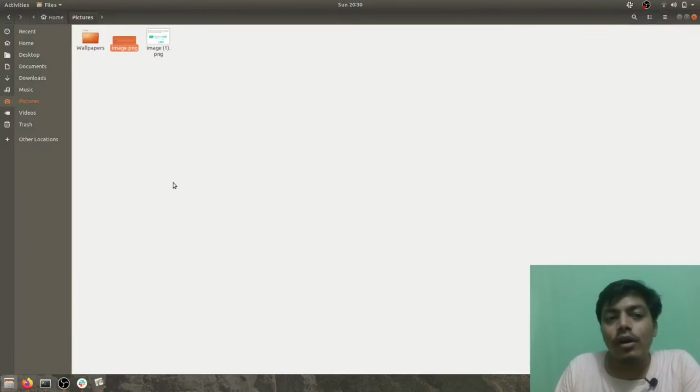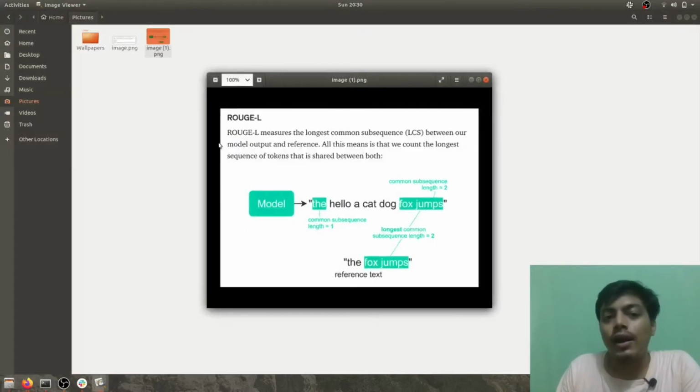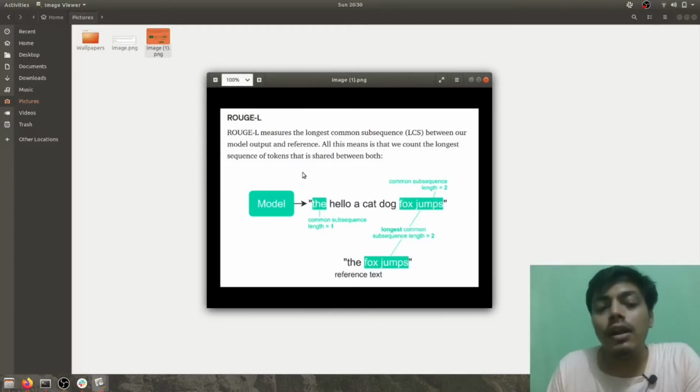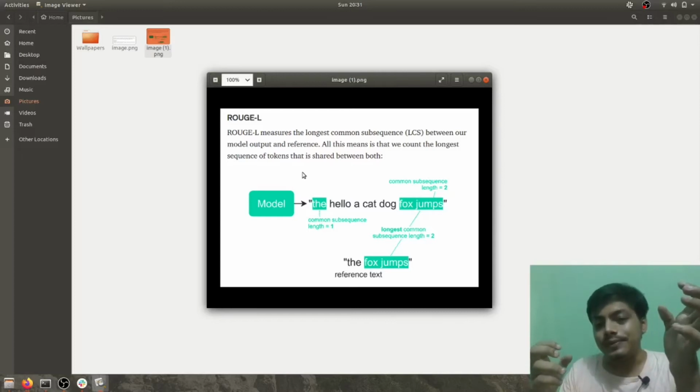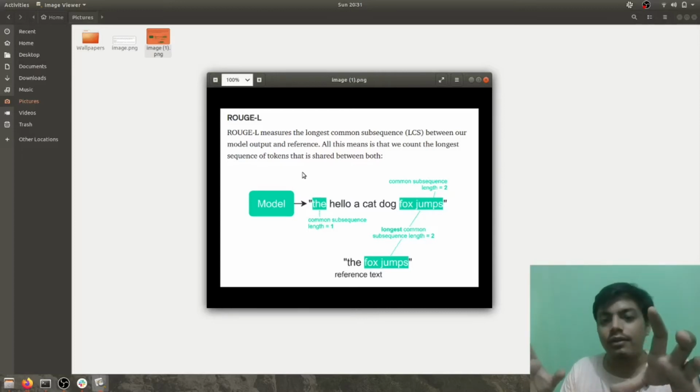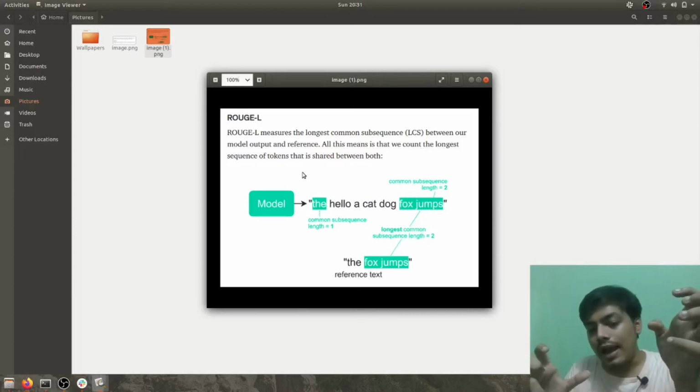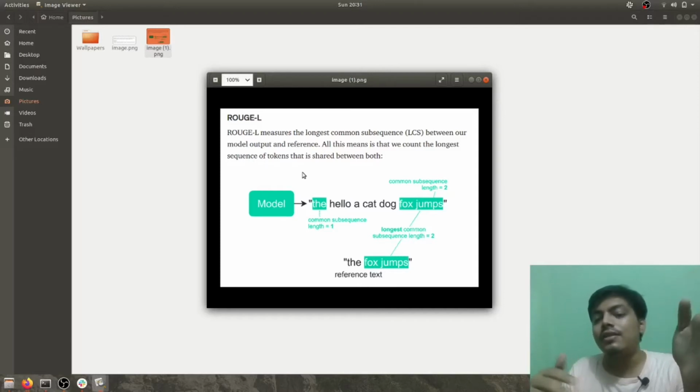ROUGE-L is somewhat different from ROUGE-n. It takes into consideration the longest common subsequence between our model output and the reference. Whenever my model says "the hello cat dog fox jumps", here you can see that we have "fox jumps", and the reference text here is "the fox jumps".